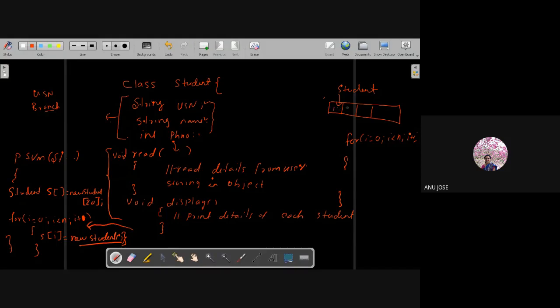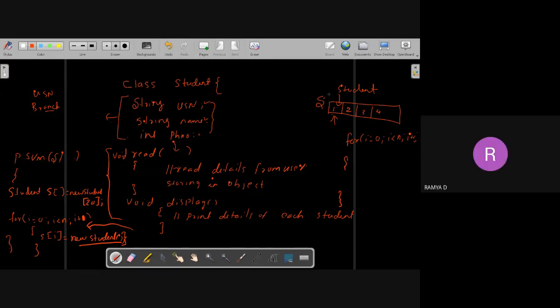Your first object is kept over here, then the second one, third one, and fourth one, like this. So now you need to call the functions read and display. How can you call that function? What is the name of the first object? The array name is S. So what is the name of the first object?